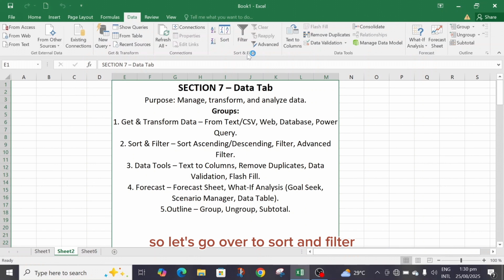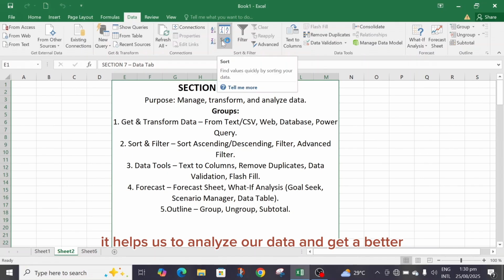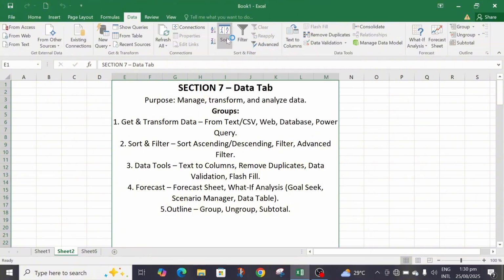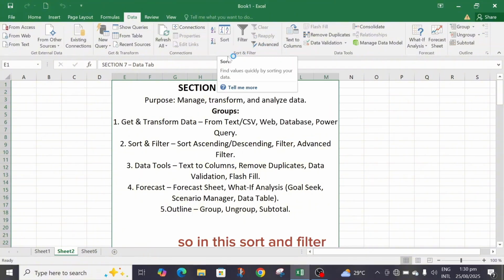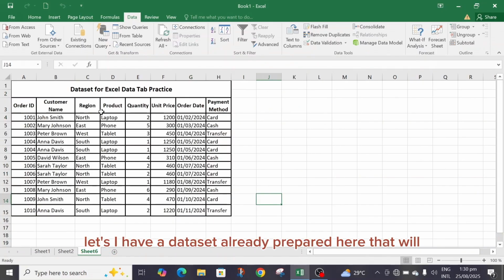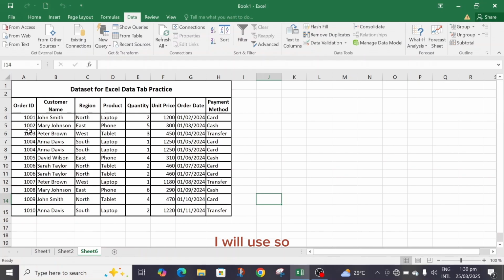So let's go over to sort and filter. In this sort and filter, it helps us to analyze our data and get a better visualization of the data. I have a data set already prepared here that we'll use for this practical. So when you come to sort and filter,